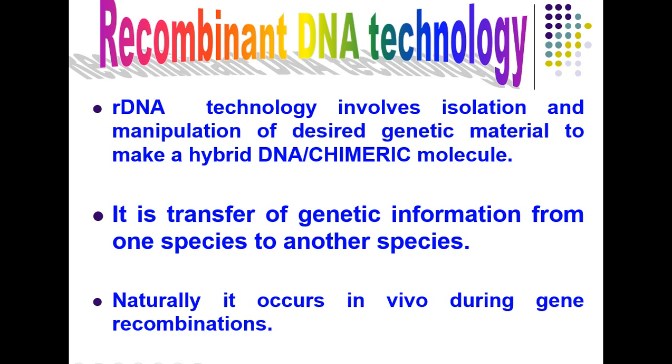So naturally, it occurs in vivo during gene recombinations. This happens in living organisms during gene recombinations. You must have studied the mitosis, meiosis during the cell division. So in cell division, you know that there are different phases like prophase, metaphase, anaphase, and telophase. So during these phases,